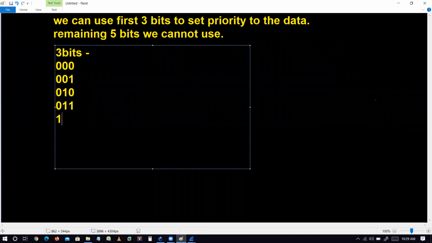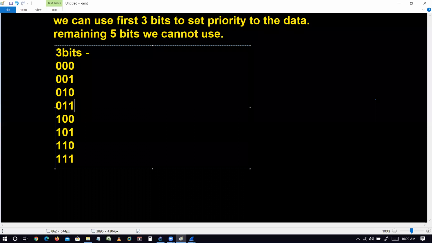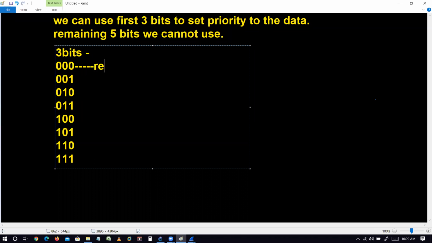The next is 100. Counting 0, 1, 2, 3, 4, 5, 6, 7, like this we can have, right? So how many values do we have? 8 values. This is reserved as the routine class.